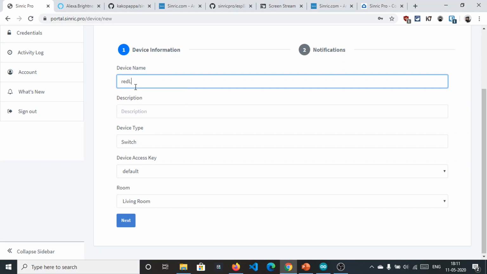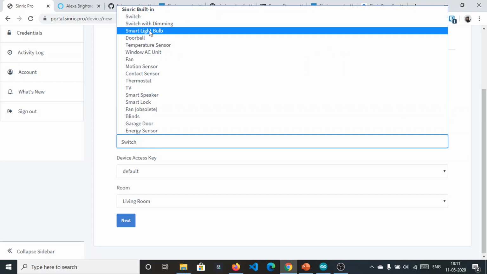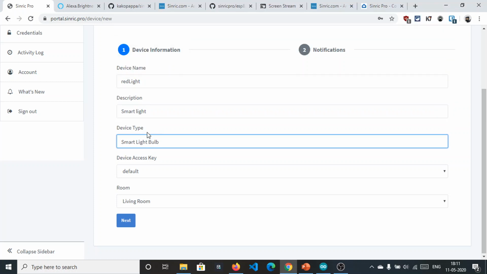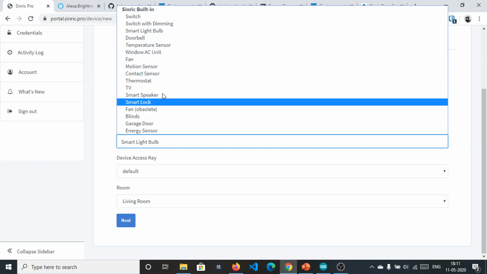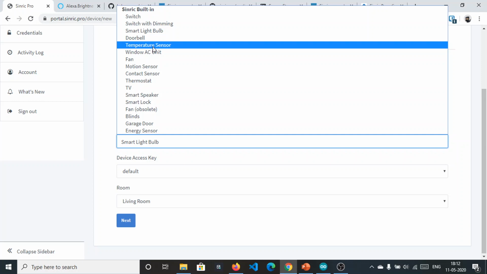Set the name as red light, description can be smart light, device type is of course LED, which is smart light bulb. There are many things which can be controlled, like thermostat or the temperature sensor, which is a popular one. You can control that and you can send data of temperature sensors to your Alexa.